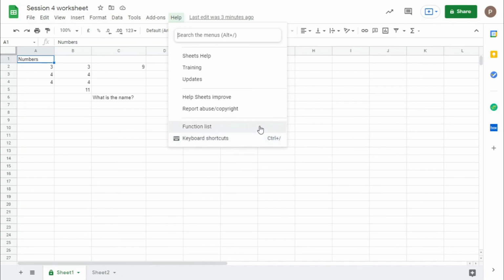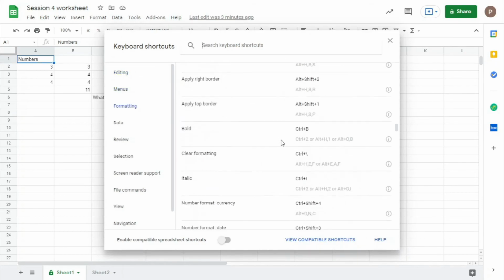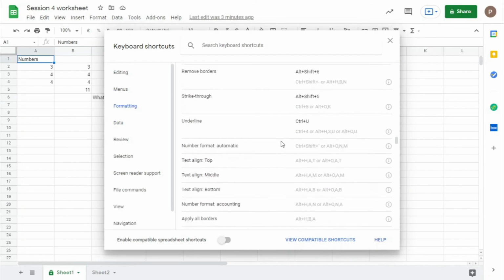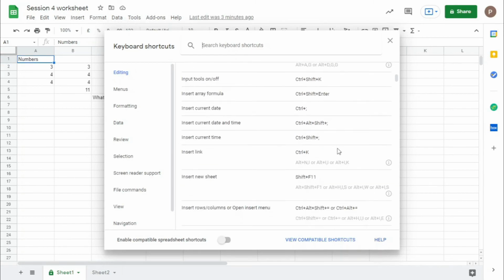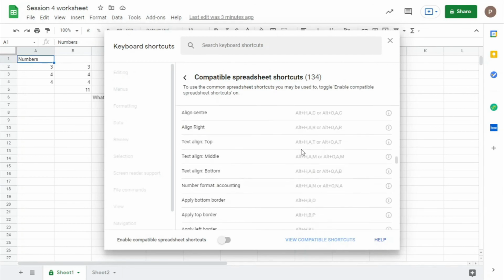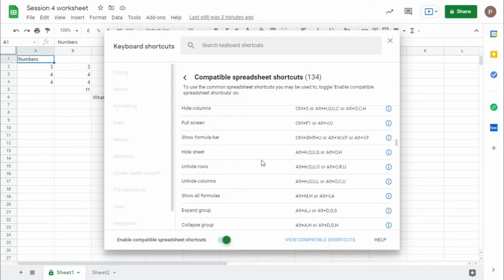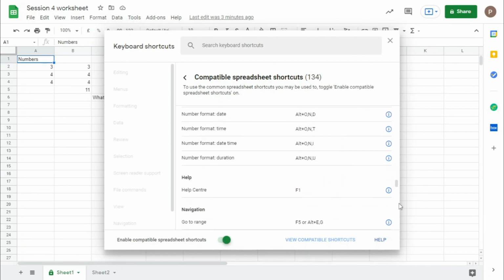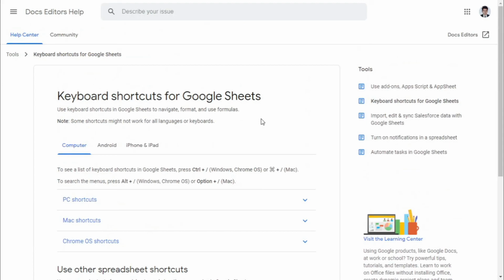Now next, we already know there are a lot of keyboard shortcuts which are useful, but if you really want more than that, you can directly click keyboard shortcuts. It will show all the shortcuts that are present right now. The ones that are glowing are compatible with you. If you are finding it difficult to search, just click view compatible shortcuts and it will show all the shortcuts compatible with your Google Sheets. If you click enable, all these shortcuts will be available and you can check them here. Going to help, if you have any doubt, you can get it clarified here.